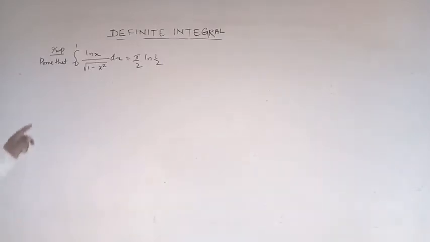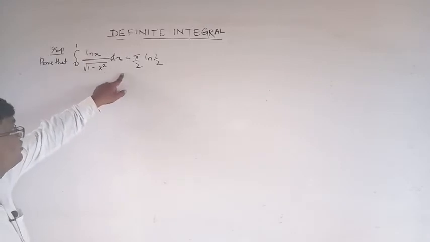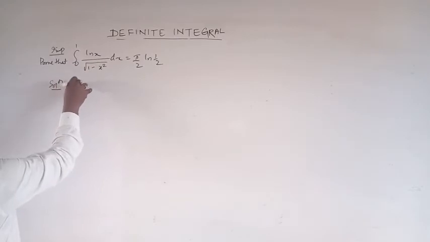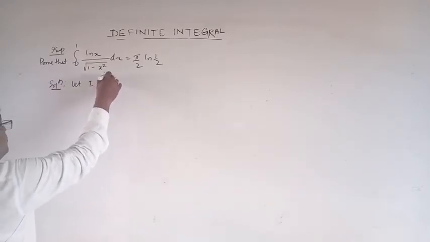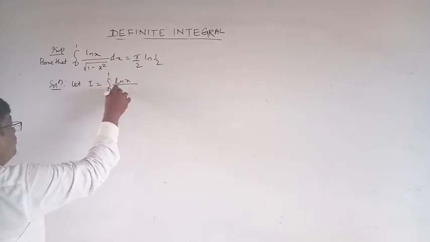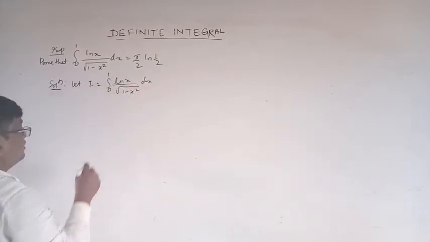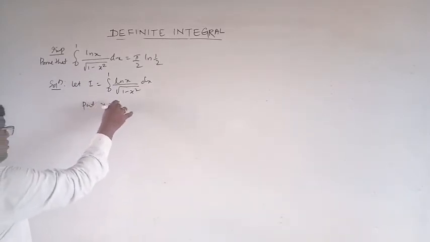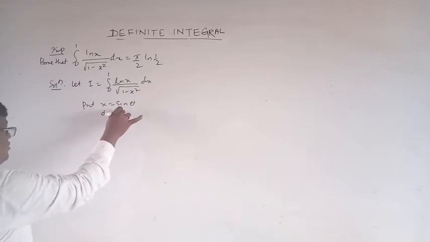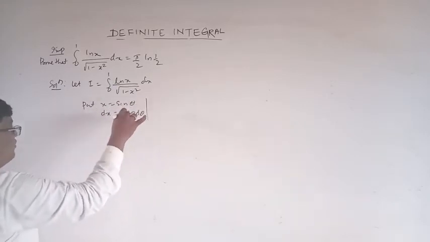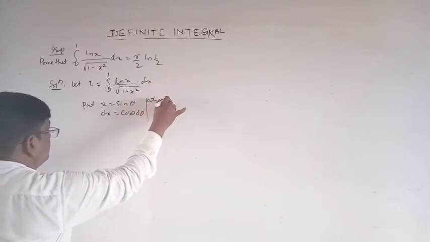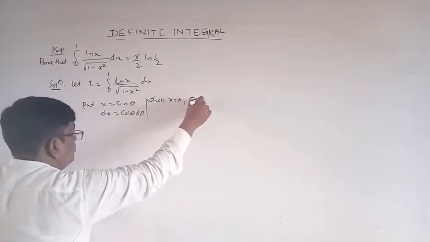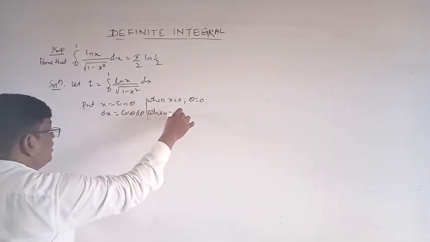Prove that the integral from 0 to 1 of log x by root over 1 minus x square dx is equal to pi by 2 log half. Solution: let I is equal to the integral from 0 to 1 of log x by root over 1 minus x square into dx. Put x is equal to sin theta, so dx is equal to cos theta into d theta. When x is equal to 0, theta is equal to 0. When x is equal to 1, theta is equal to